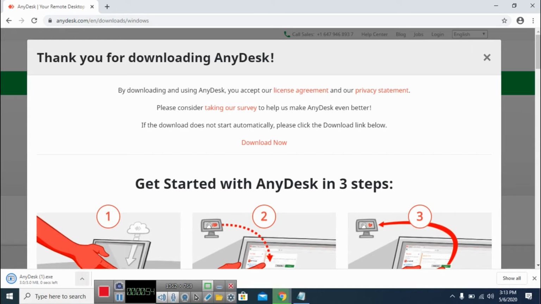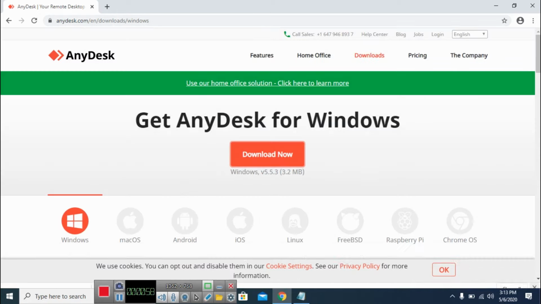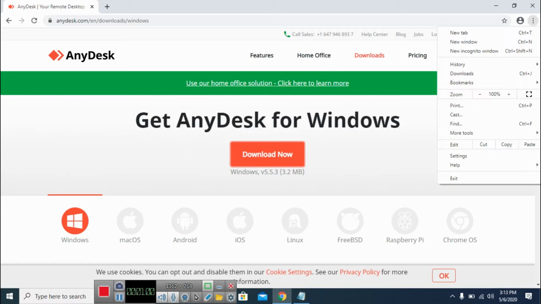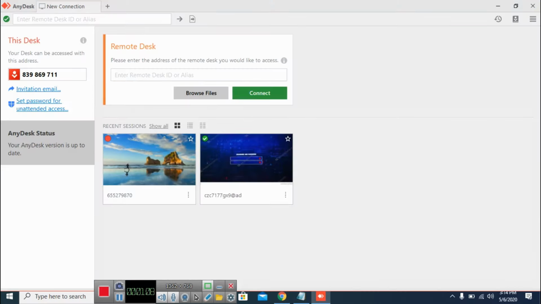Okay, very easy step. Now I will open my AnyDesk here. This is the AnyDesk platform. When you install AnyDesk, you can see this AnyDesk ID.